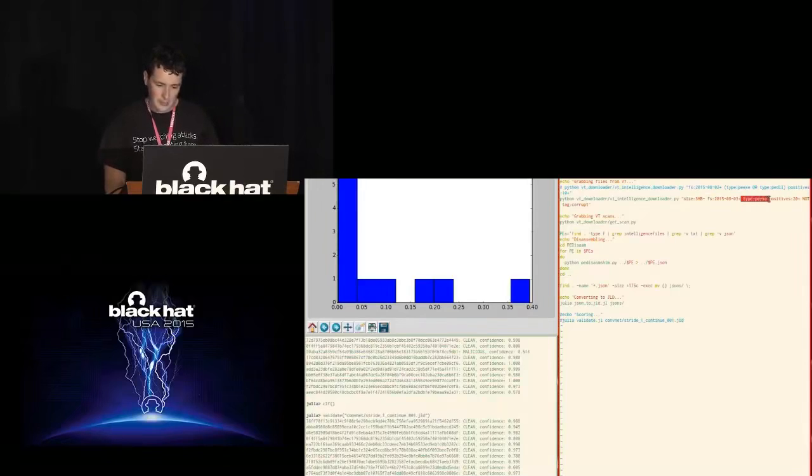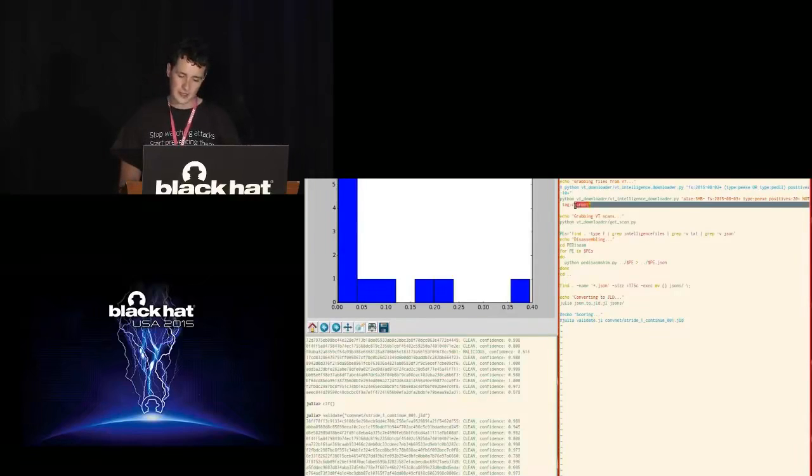They're of type PE-EXE because that's what our model is trained on. Has more than 20 positives, so the industry as a whole thinks this thing's pretty nasty. And then we just have a tag in here that if the PE is corrupt, we toss it out because we don't want to disassemble it.